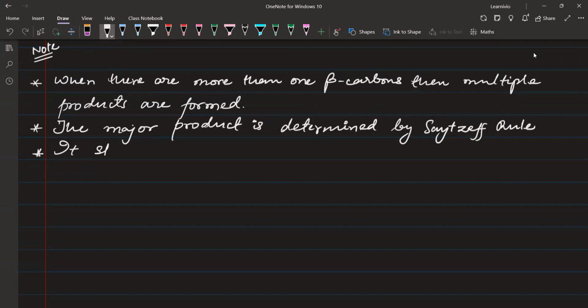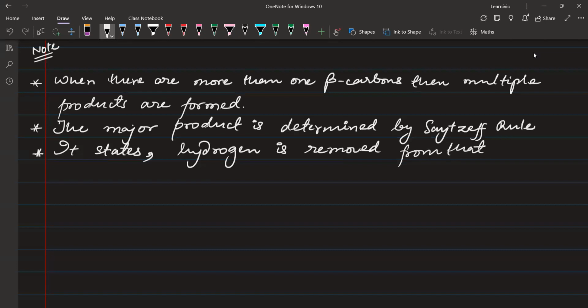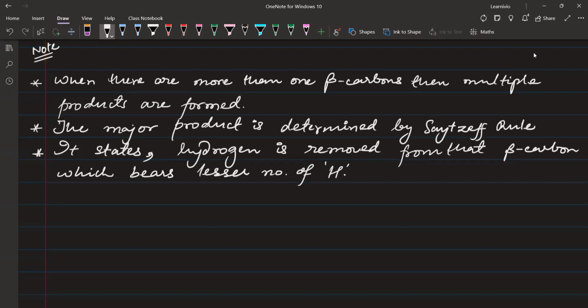It states hydrogen is removed from that carbon. देखिए हाइड्रोजन कहाँ से निकालना है उस पर तो कोई पंगा है नहीं. From that beta carbon which bears lesser number of hydrogen. ठीक है. हाइड्रोजन कहाँ से निकालना है जहां पे कम हाइड्रोजन हो वहीं से. As a result, you will form a more substituted alkene. ठीक है. शॉर्ट में